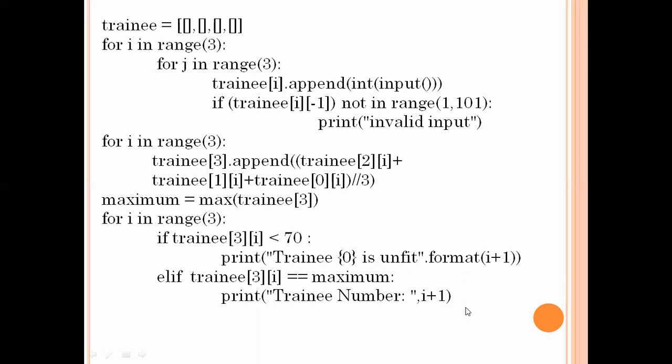Suppose we enter the n value as 3000. This lies between greater than 2001 and less than 4001, so it prints 35 minutes for that weight. Suppose we enter 6500. It is greater than 4001 and less than 7000, so it takes 45 minutes. Suppose we enter 10,000. It is greater than 7001, so it prints invalid input. So in this way, we write the programs in C language and Python language.